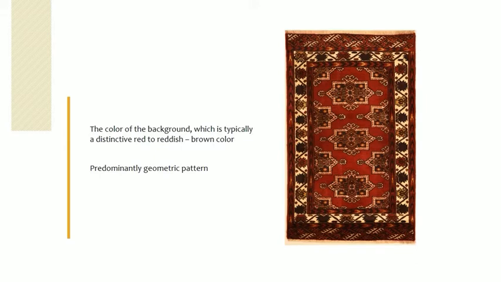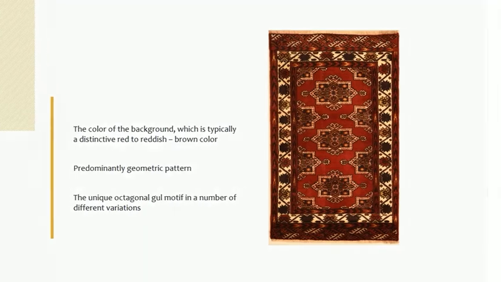You can also see the individual gulls themselves, which are laid out all over the rug in repeated rows. Color contrast in motifs and in the border is created by using blue, beige, white, and black. The third feature that you will see in all Turkmen rugs is the unique octagonal gull motif in a number of different variations. An interesting aspect regarding the gull variations is that in the earlier rugs, the motifs from each